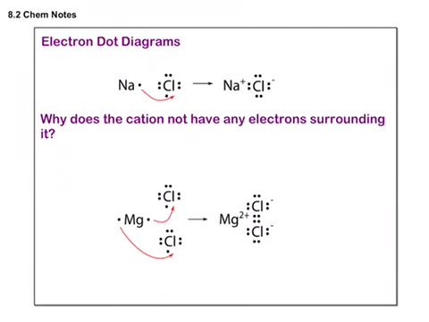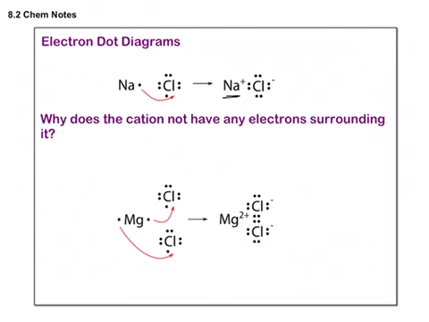We show the transfer of electrons in ionic compounds with electron dot diagrams. And so we can see that with sodium chloride. The Na has 1 valence electron and chlorine has 7. And we can see that that 1 sodium electron transfers to that chlorine ion so that they both actually have a complete octet. So when we see our final product here, that sodium ion doesn't have any electrons surrounding it,